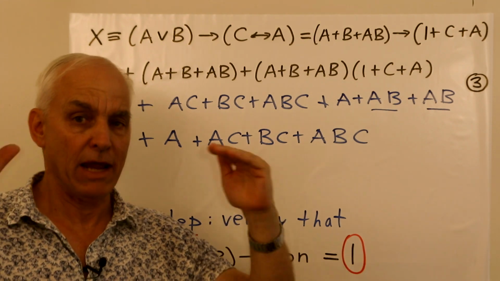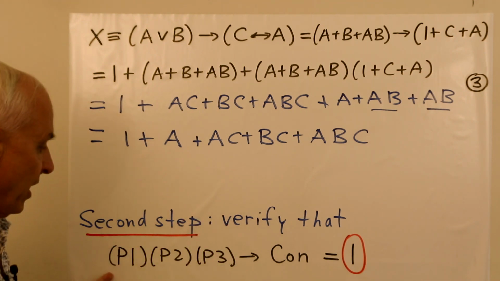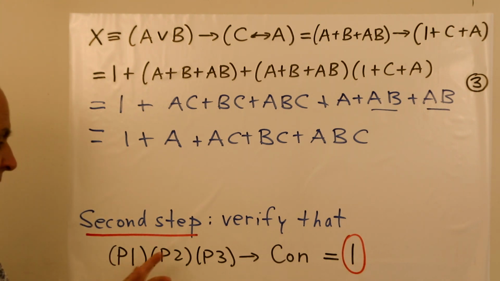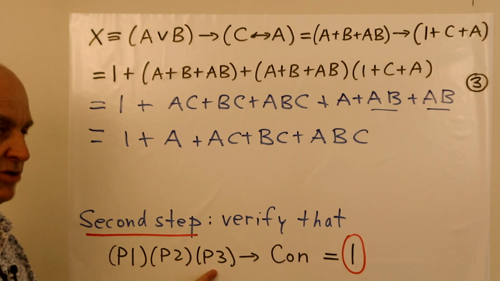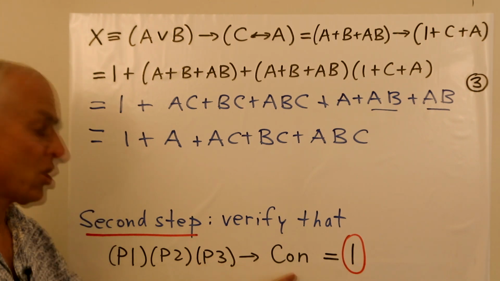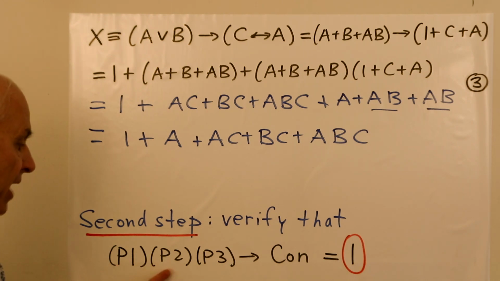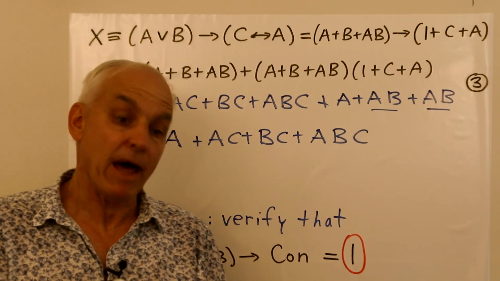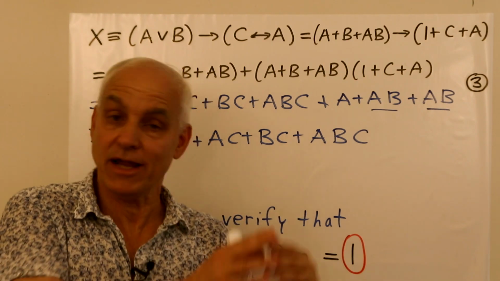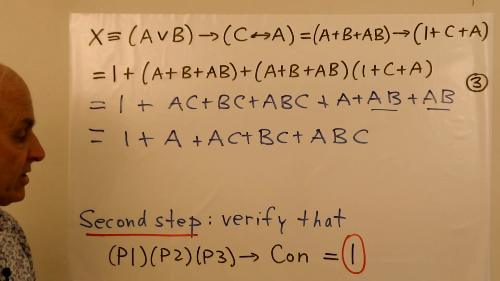And then we proceed to step 2 of the procedure, which is the following. We verify that this composite expression, premise 1 times premise 2 times premise 3, if there are 3 premises, as there are here, implies the conclusion. So we multiply the premises. That's the mathematical equivalent of taking the ands of those. We're taking the first premise and the second premise and the third premise and so on. And we're trying to show that together that implies the conclusion.